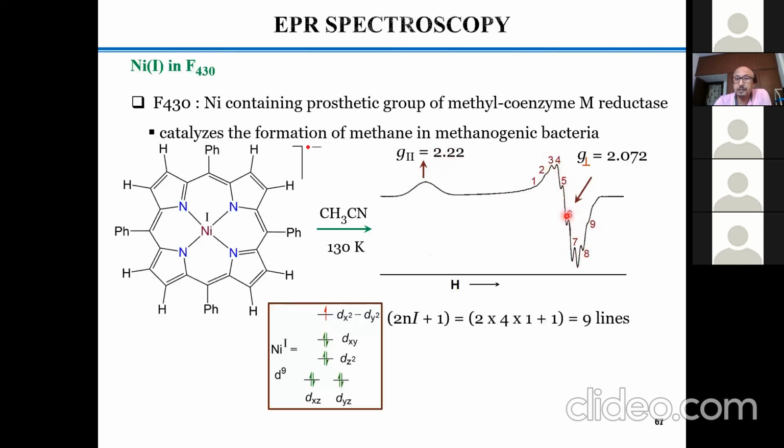This is the central line, and the mid of the central line. Actually, one should draw a tangent over here, and where it cuts the central line, that is the point to be considered the g. But normally we don't go that way because, from that angle, it is not the ideal spectrum. So what we do is consider the most intense central line at the midpoint for the g perpendicular. Because if you consider here and if you consider here, your g would be slightly varying at this point. Okay, so that is how it is.